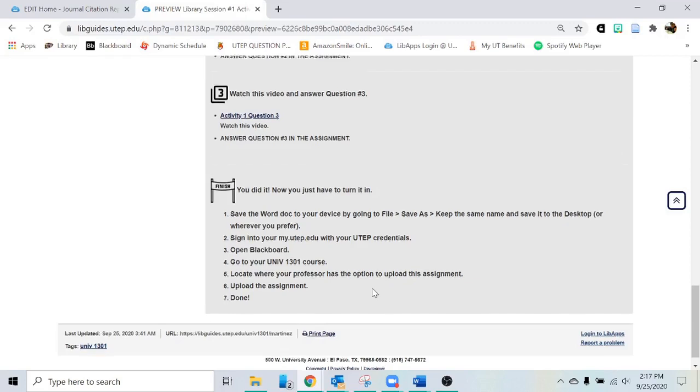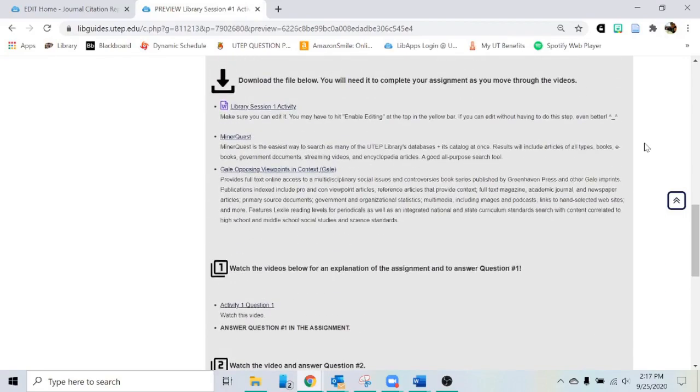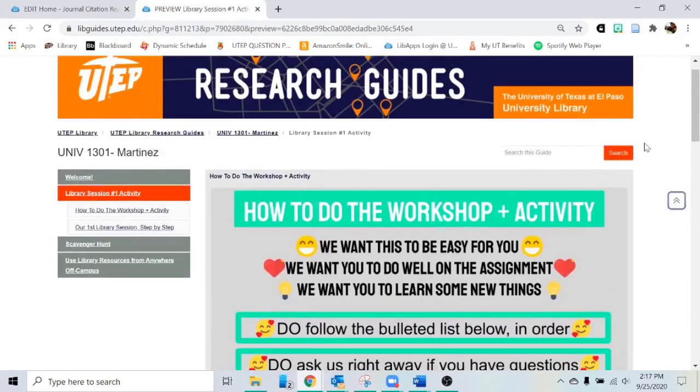activity number 1. So see, we don't want to leave you hanging or confused at any point, so we try to make the instructions very, very explicit. But if you have any questions, contact me. You probably have my contact information in your syllabus or in Blackboard, and it's also on the Welcome tab of this guide. So library activity number 1 is one of the library things that you have to do that you